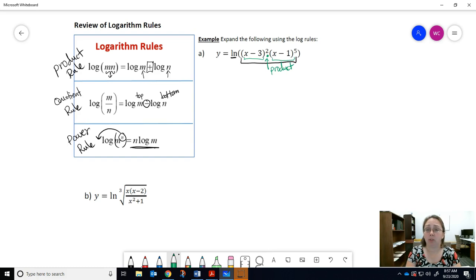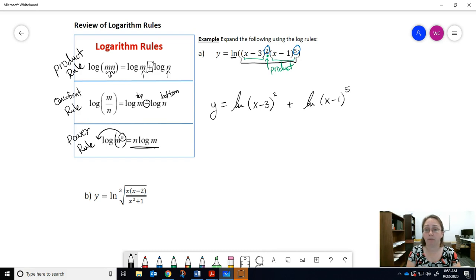Now, in this case, you also have a power on each of these parentheses, but you can't do the power rule first because it's not on everything. The power rule would have you bring the 2 in front, which basically says the power is on everything. And it's not here. It's only on these parentheses individually. So in this case, we are going to do the product rule for logarithms. So y, not y prime, this is just algebra, equals ln. What does a product rule say? When we have a product of two terms, you take the ln, or the log. Remember, ln and log are the same thing. They're just different bases. (x minus 3) squared plus, don't forget to put ln on the other term,